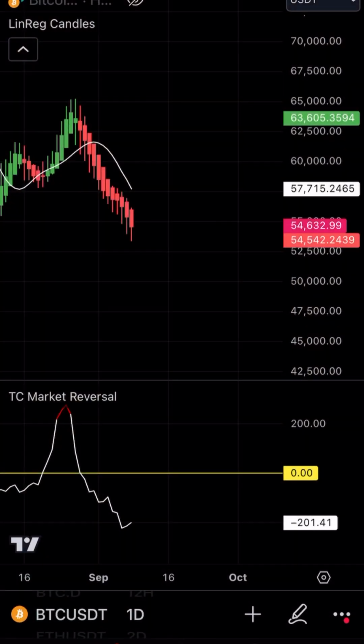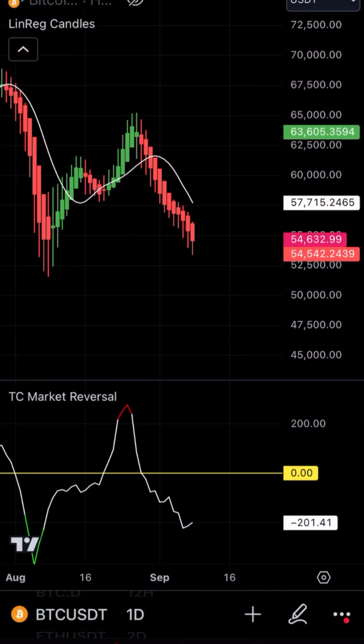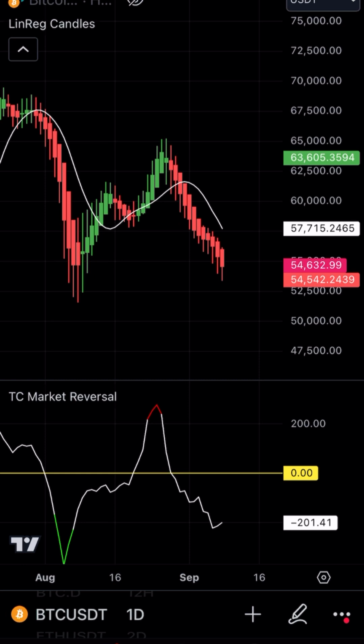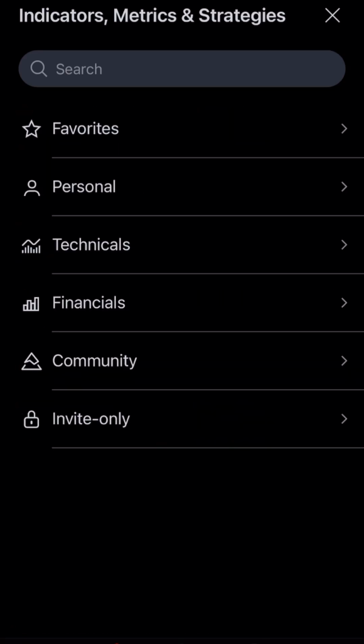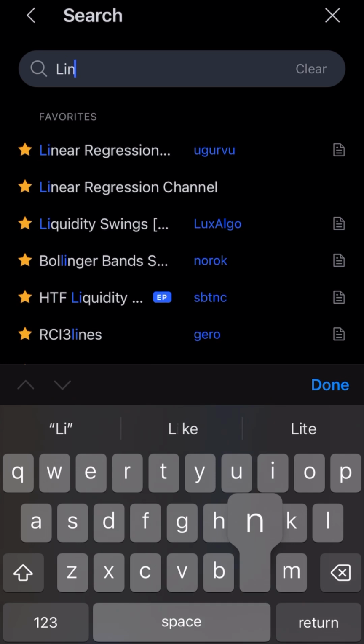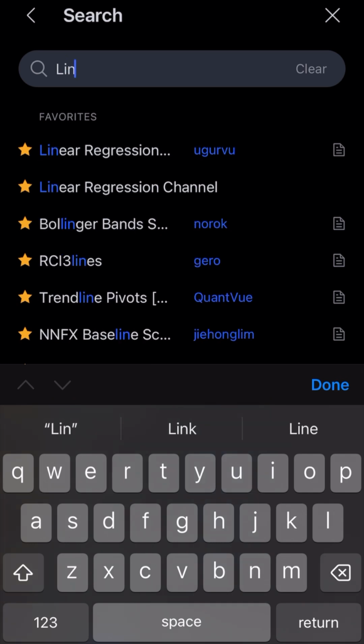Okay, the strategy is very simple. The first thing you're going to need here is the linear line strategy. So how you make this work, and I've talked about this in other videos, doing this strategy keeps the layout very, very simple. You can really get a good idea of what's going on. You need to set up your linear line strategy. So you go here to your indicators and you want to look for linear regression. It's not the channel. It's by